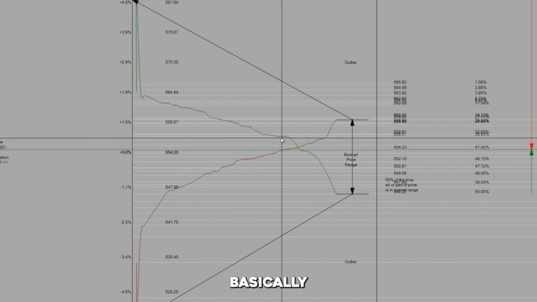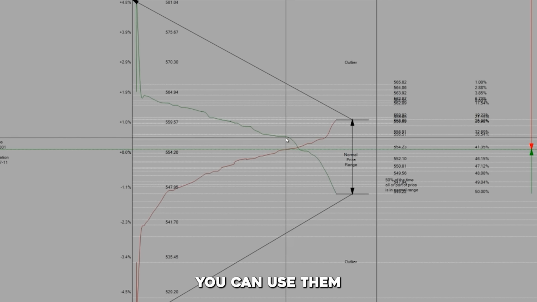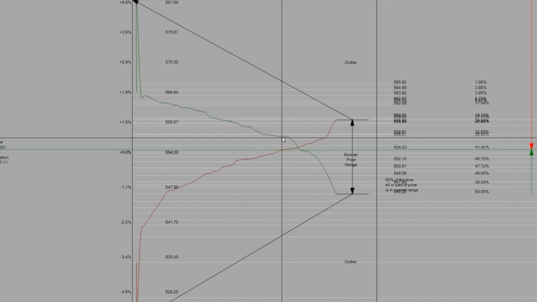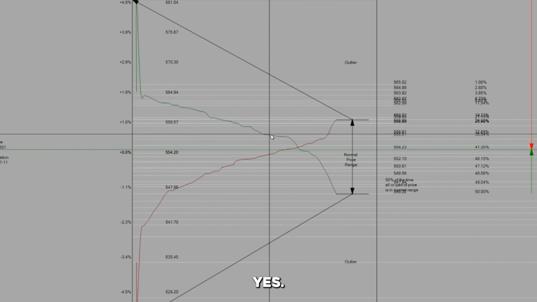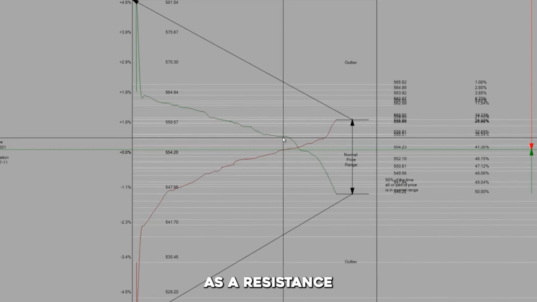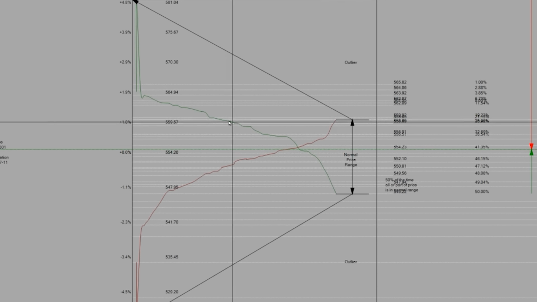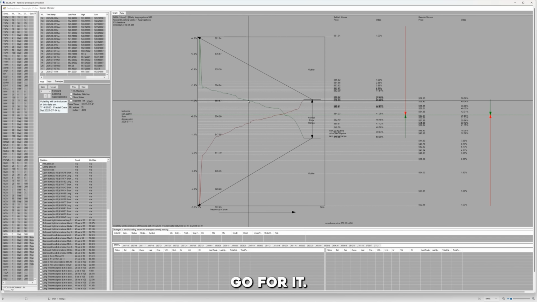Yeah, these two frequencies. Basically, what are these frequencies? You can use them as resistance and support levels. Where you see these frequencies going flat, like right here, it went flat, right? You see it, right? Yes. So it marks a resistance. Simple concept. Where it goes flat,